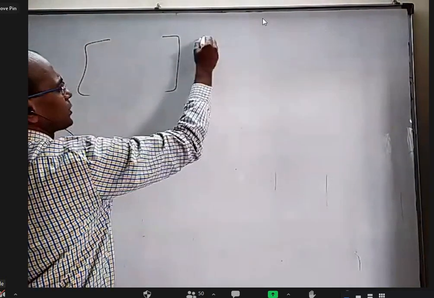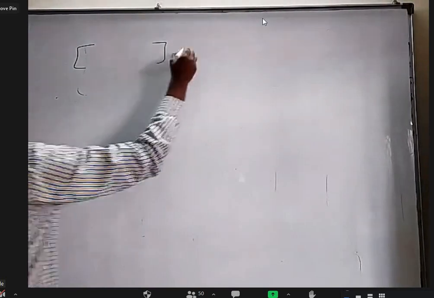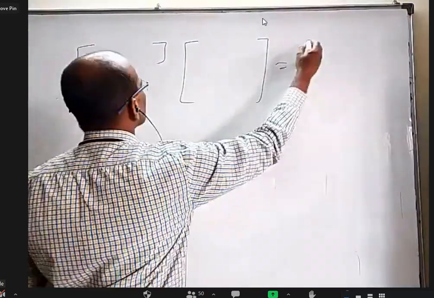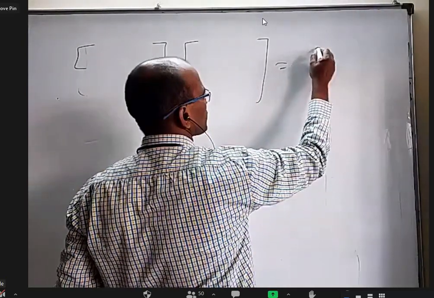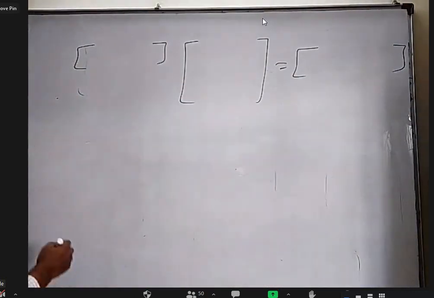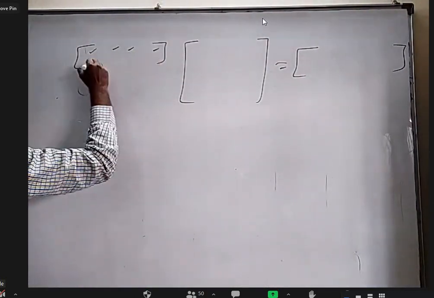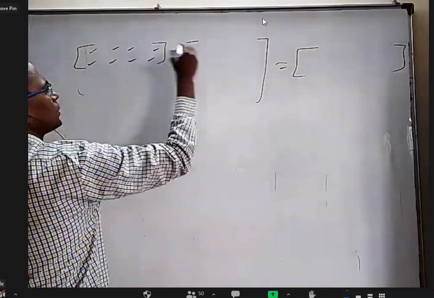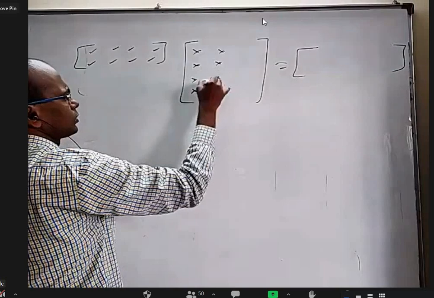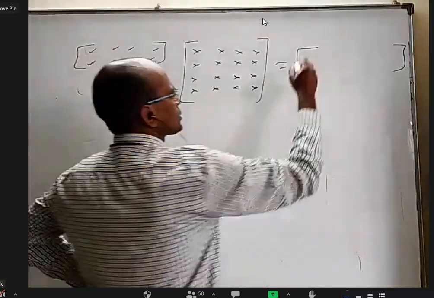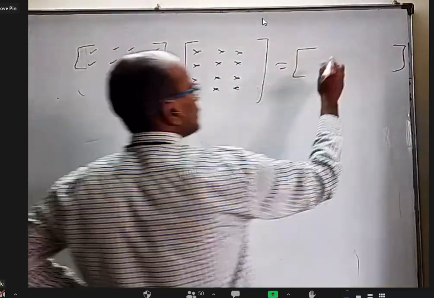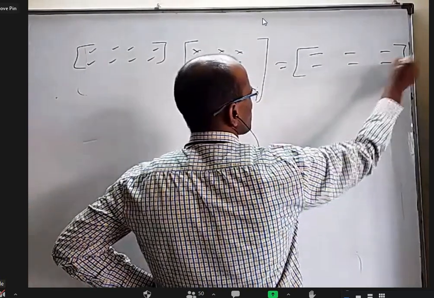Okay, so if I have 2 matrices, they need not be of same size. This one like this one may be like this, and the final one may be same number of rows here, same number of columns here. Something like this. So I have, let us say, some 4 elements here, some 4 elements here, here some 4 elements, here some 4 elements, here some 4 elements, here some 4 elements. Now this, let me stop with 3. This will have something here, something here, something here, something here, something here.